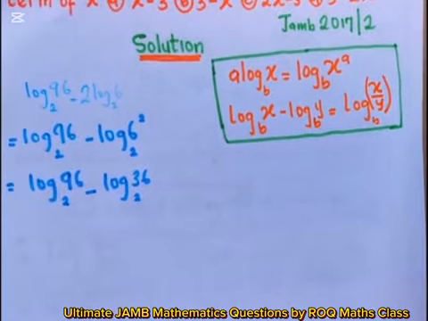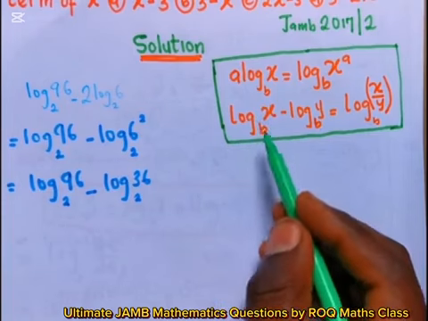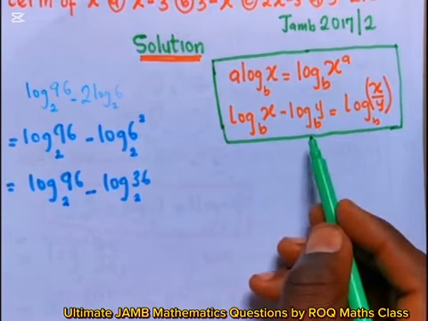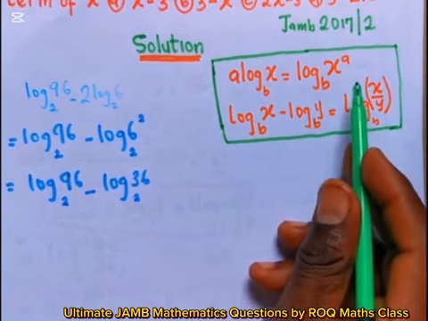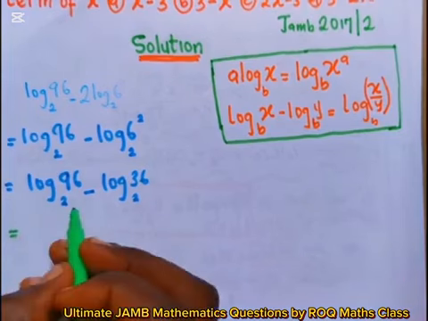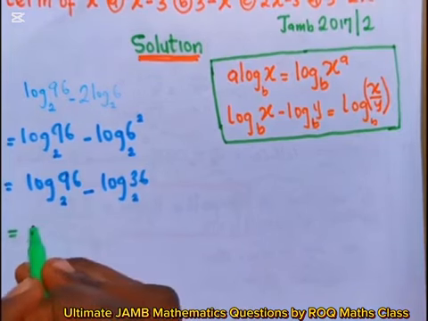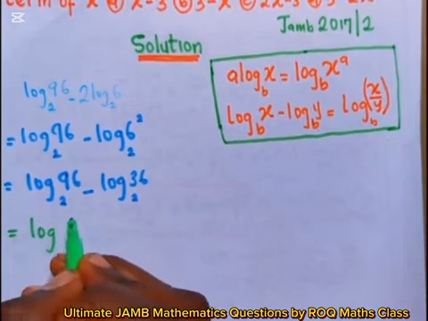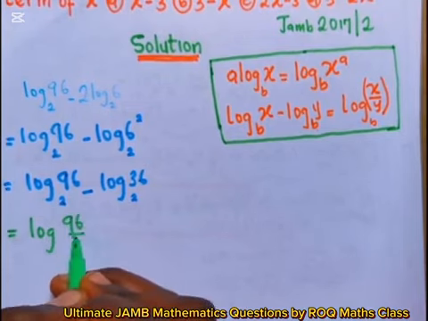By considering this law, whenever you have the log of x base b minus the log of y base b, it's the same thing as the log of x over y base b. Since their bases are equal, I can write this as the log of 96 over 36